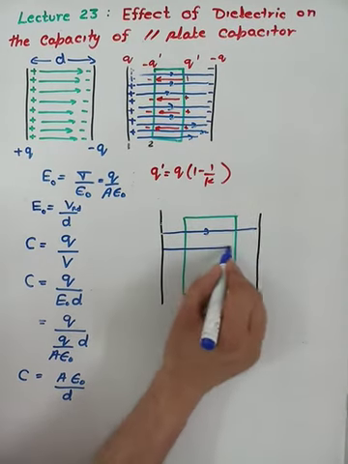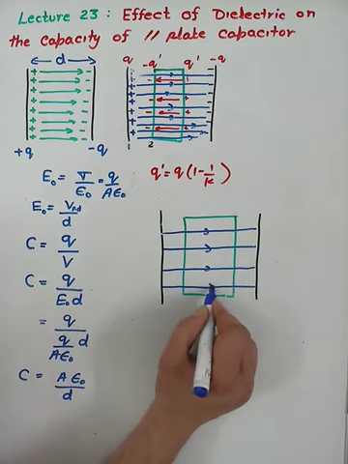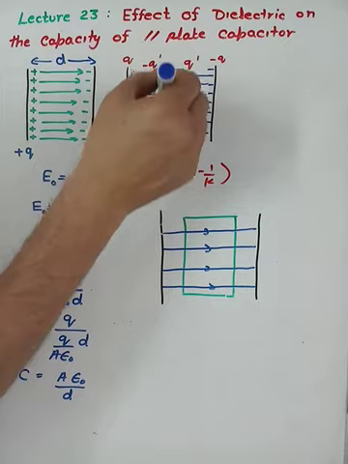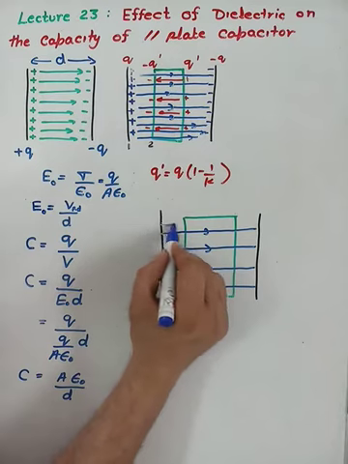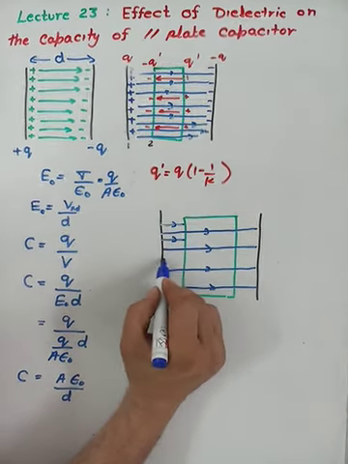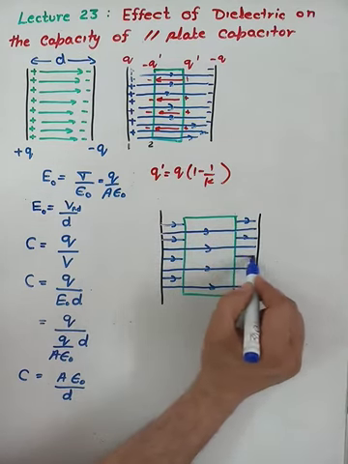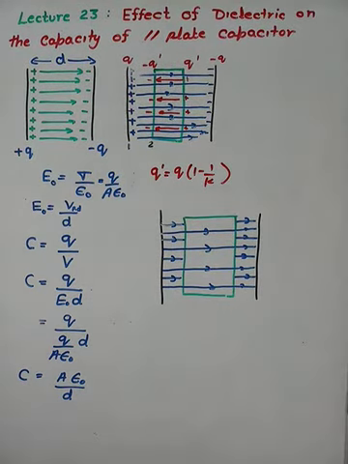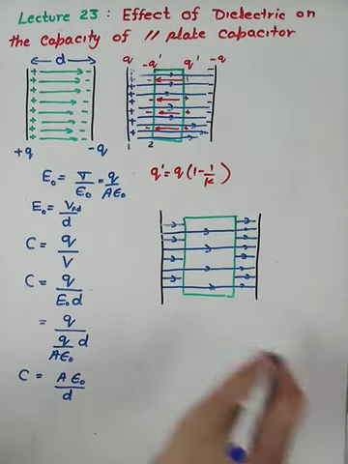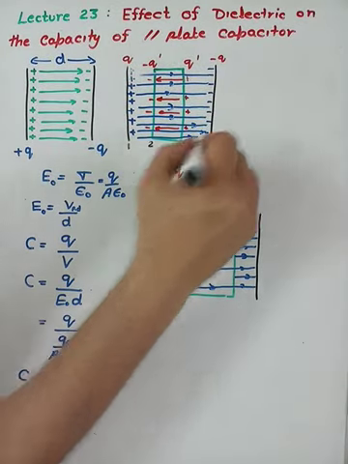1, 2, 3 and 4, because 4 cancel out with the red, but here there are no red lines, therefore we have 1, 2, 3, 4. In this way, it is very clear that the field inside the medium decreases and the direction is the same. We have taken initially the direction 1, 2, 3, 4. Suppose 4 surfaces are there.